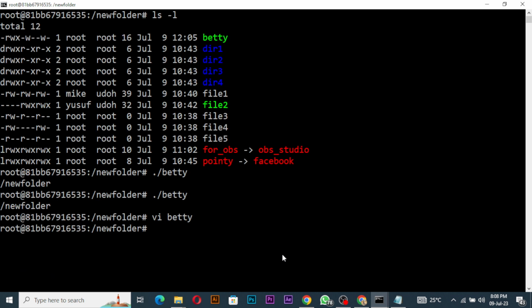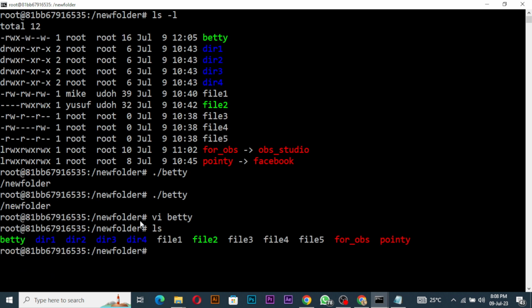Because I've made my file executable, Betty is executable, I can run it. I can run Betty, and it's going to do su Betty for me. So it said user Betty does not exist. That's why it cannot switch user to Betty. For me to be able to do that, I will probably have to